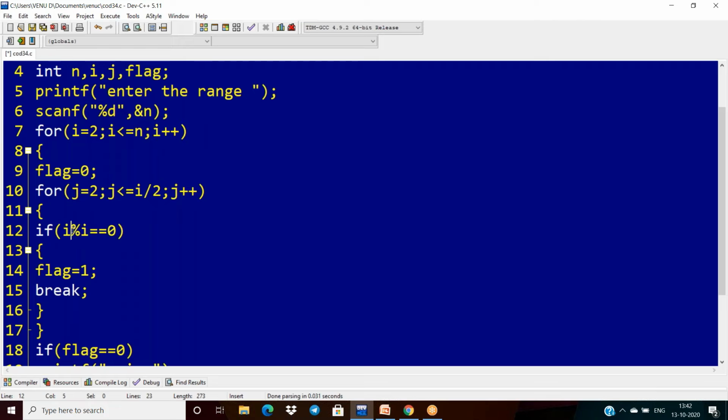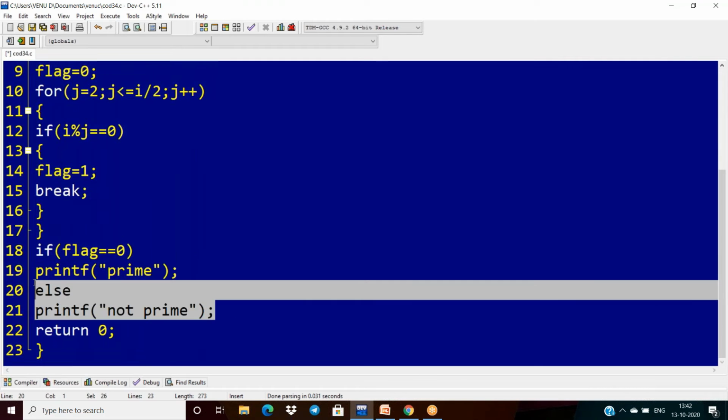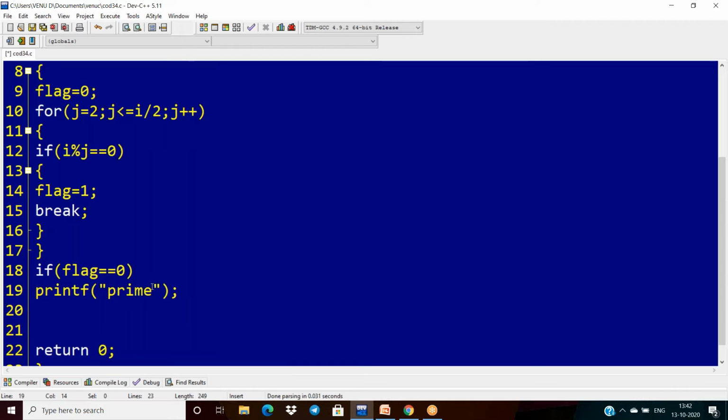So if i % j is equal to 0, then change flag to 1 and break, and it is terminated from the loop. Then if flag is 0, then it is prime. Here we have to verify whether the number i is prime or not. So I have to print the i value and close the braces. That's all.